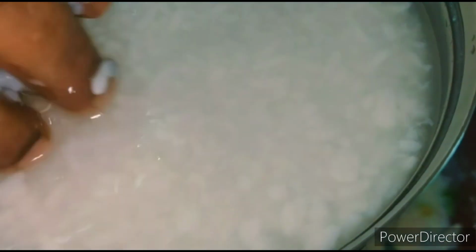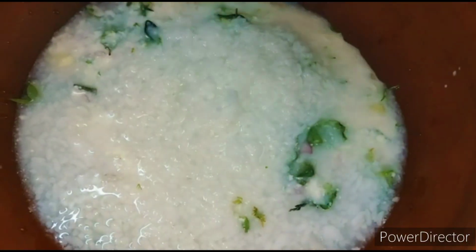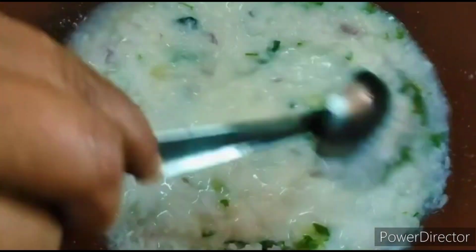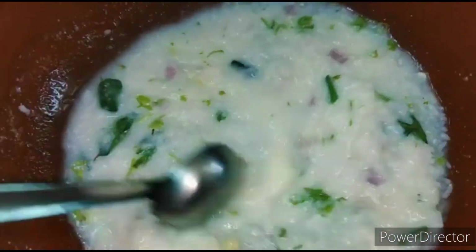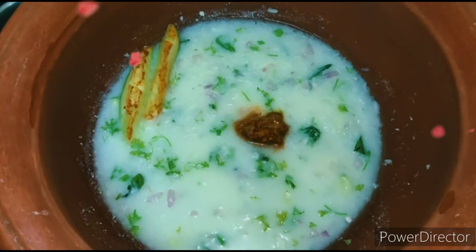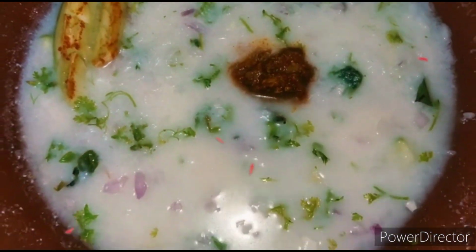Here I have 2 cups of fermented rice. For getting fermented rice, just take a bowl full of rice, submerge it in water and keep it overnight. You will get fermented rice. This ice biryani has many benefits for our body, so just try it once this summer and post your valuable